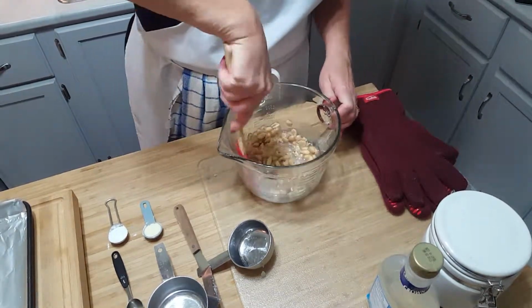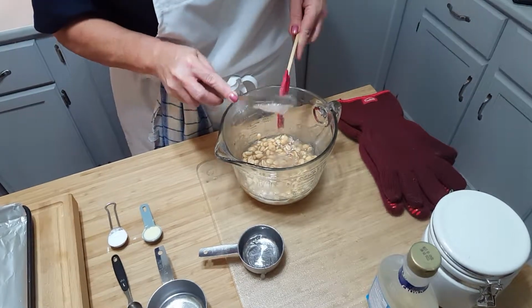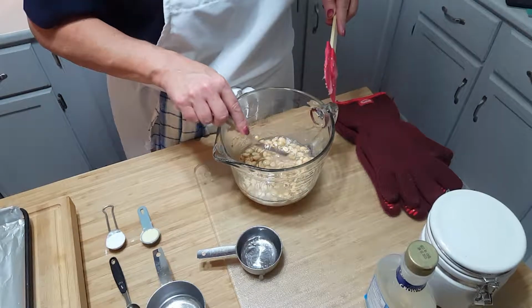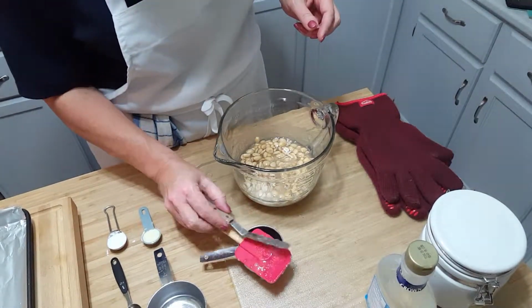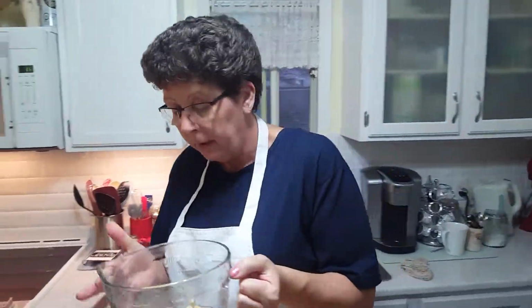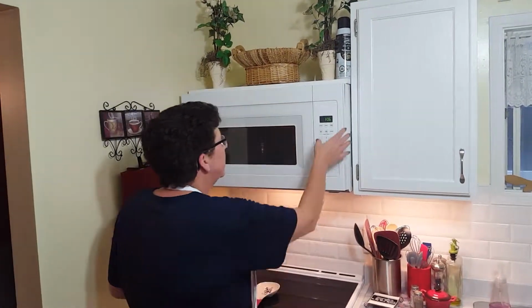Mix in the peanuts. Each time you take this out of the microwave, it's going to get stickier and stickier and thicker. It's also going to get hotter, so the next couple of steps you're going to make sure you've got hand protection, because this stuff will get up to 300 degrees and you will get burned. So we go back in for another 3.5 minutes,